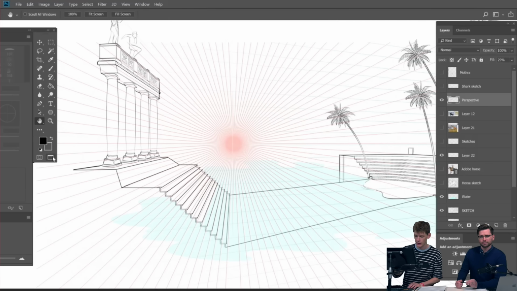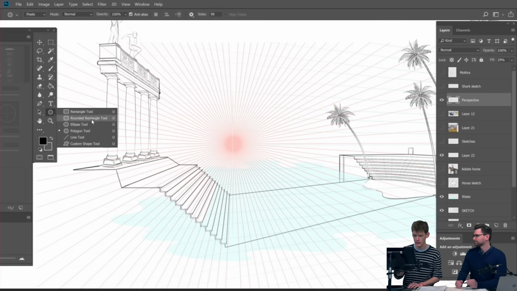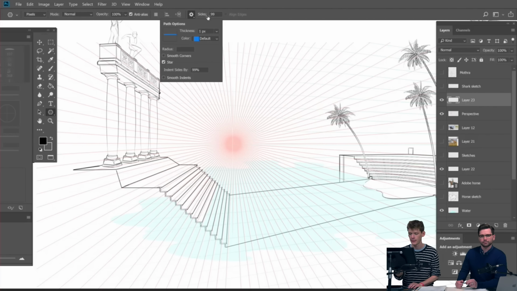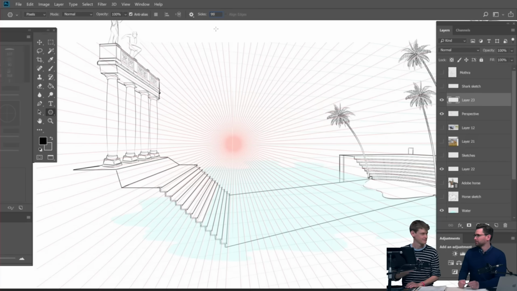The way I create that is by going over to my toolbar here on the side. You've got your rectangle, ellipse, line, all that kind of thing. If I choose my Polygon Tool, I'll make a new layer. With the Polygon Tool, you've got all the options to edit that tool on the top. If I go to my little cog here, you can tick a box called star. That'll make it a star shape as opposed to a hexagon or a nonagon. It's the only thing I've ever used that tool for, is to make